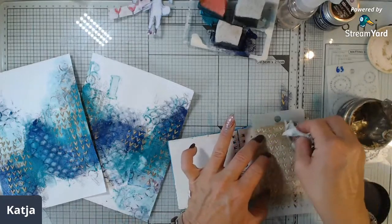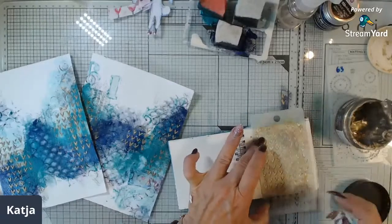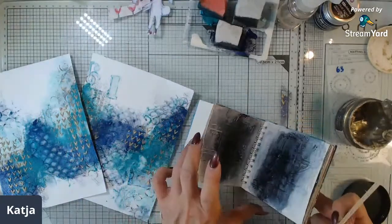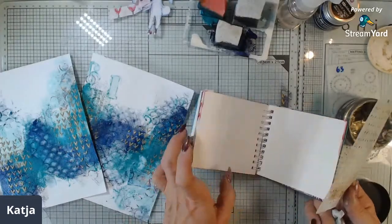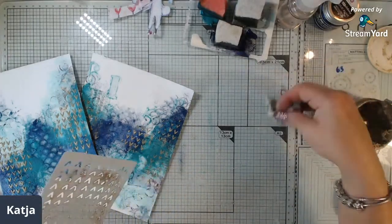And we can do even more here. Wipe off. Makes like an interesting background. And you see, I have made like backgrounds or added some tape on some pages. So we leave that and clean my table